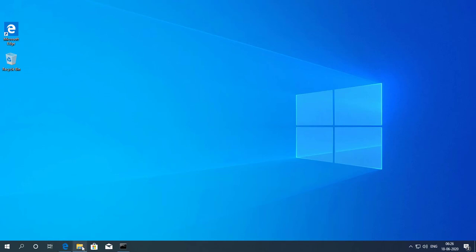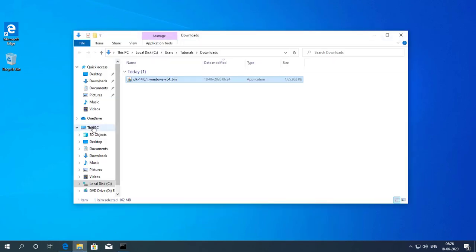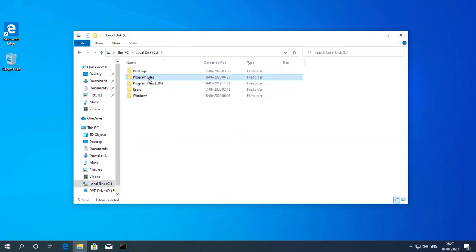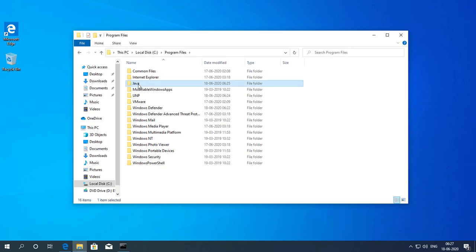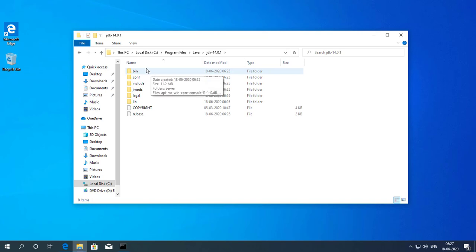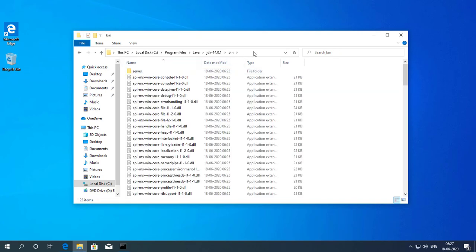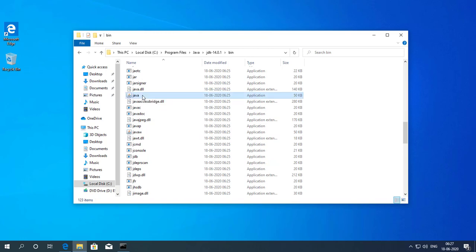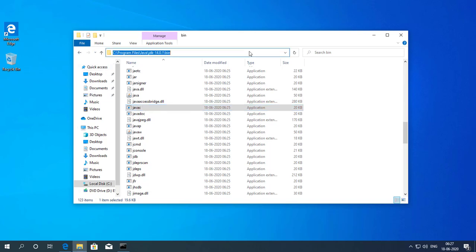So first open your file manager, go to the C drive, then go to the program files. Here go to the Java folder, then again open that folder. Here is the bin folder. I am going to copy that path because I am using this path as our Java directory, because there the java and the javac commands we are using to run and compile the Java program are both available. I am copying this path.